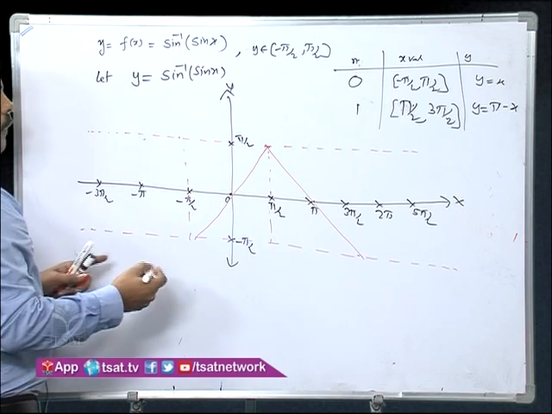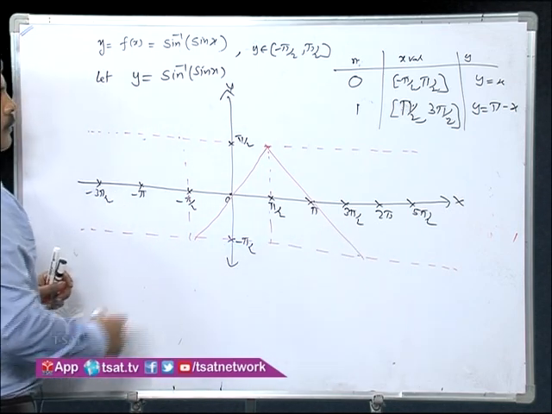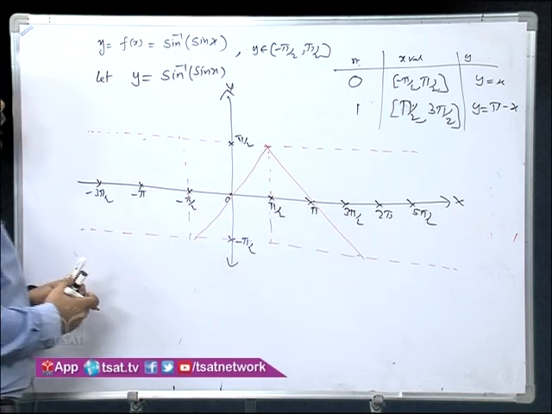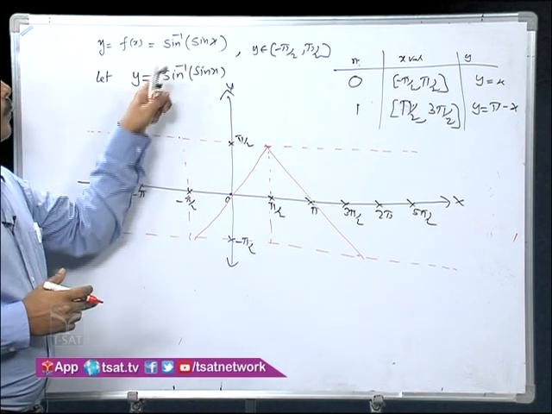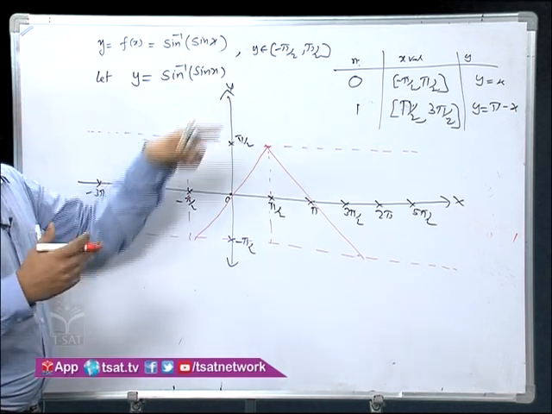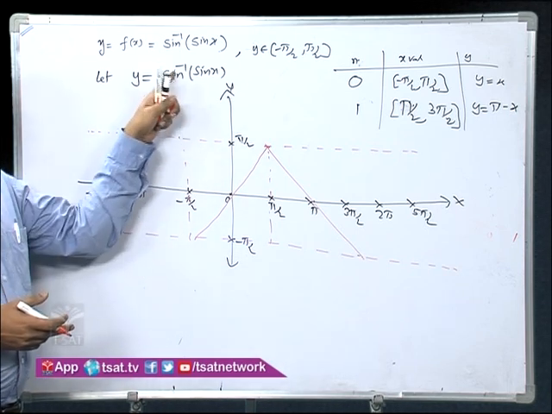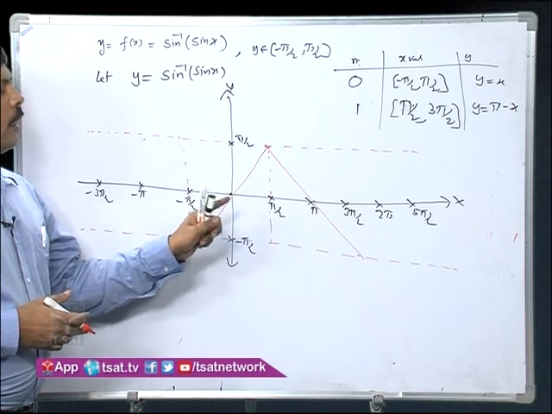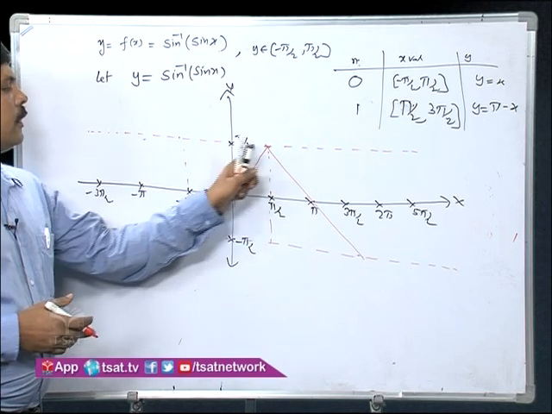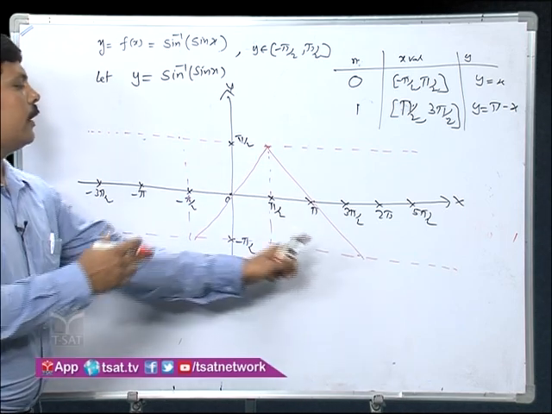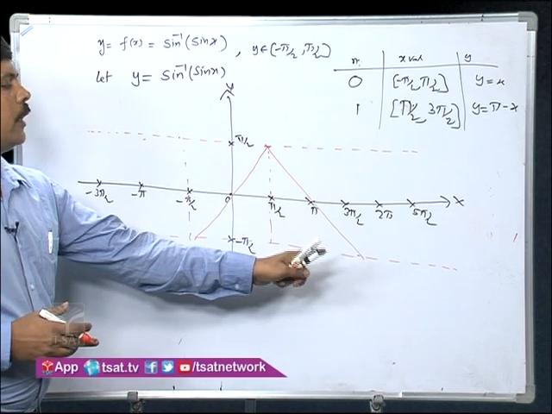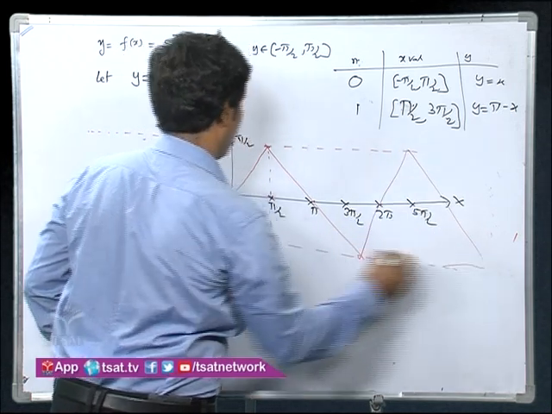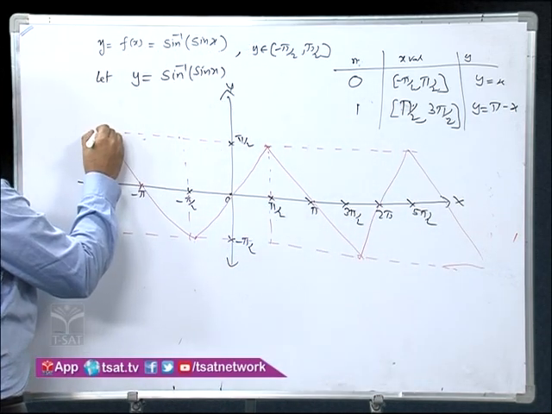In this interval the total length is 2pi, from -pi/2 to 3pi/2. This is one part of the graph, over a length of 2pi. The period of sin x is 2pi, so the period of sin inverse of sin x is also 2pi. Therefore, the graph will repeat in every interval of length 2pi. After this 2pi interval, the next 2pi interval looks the same. It passes through here, and here at minus pi.